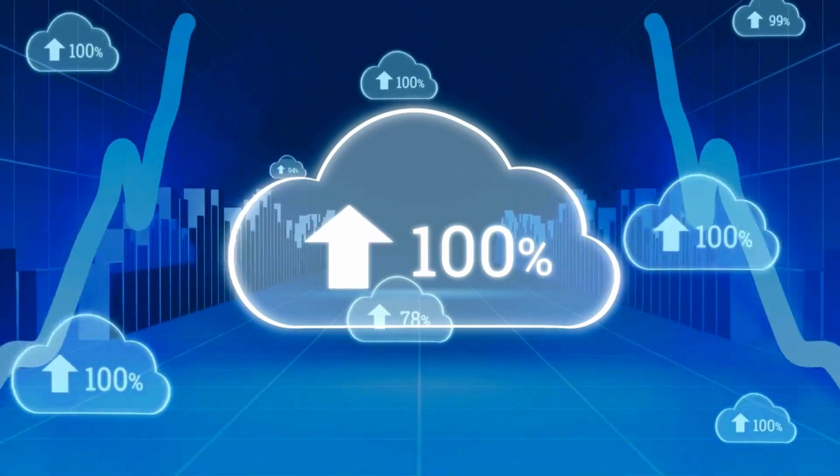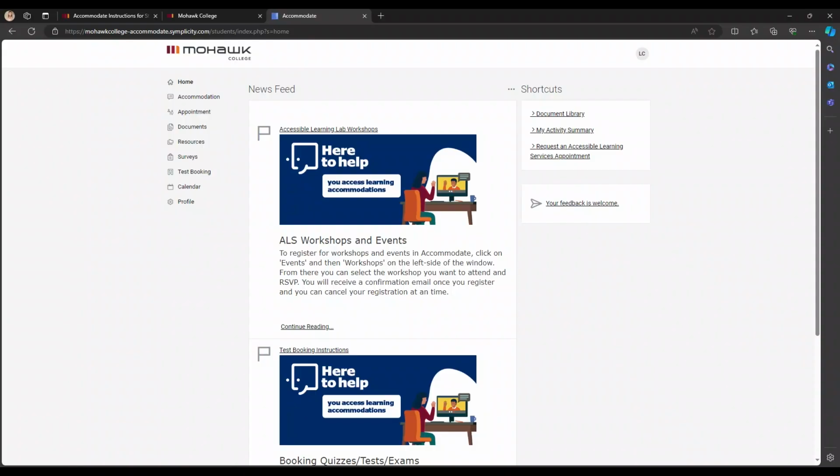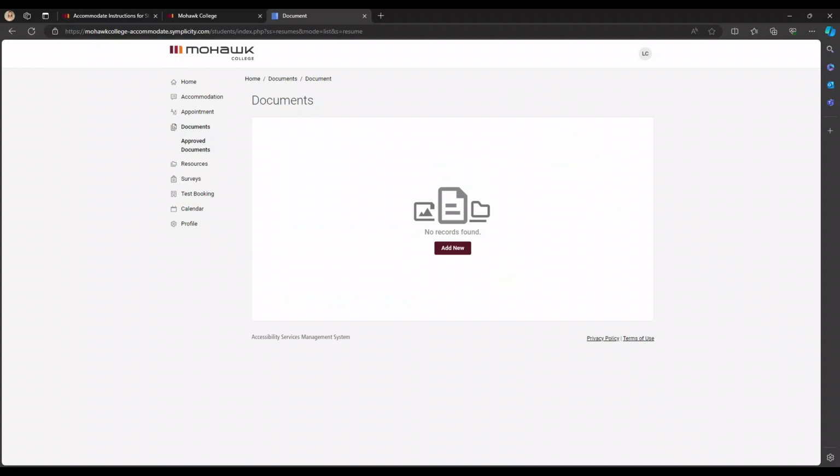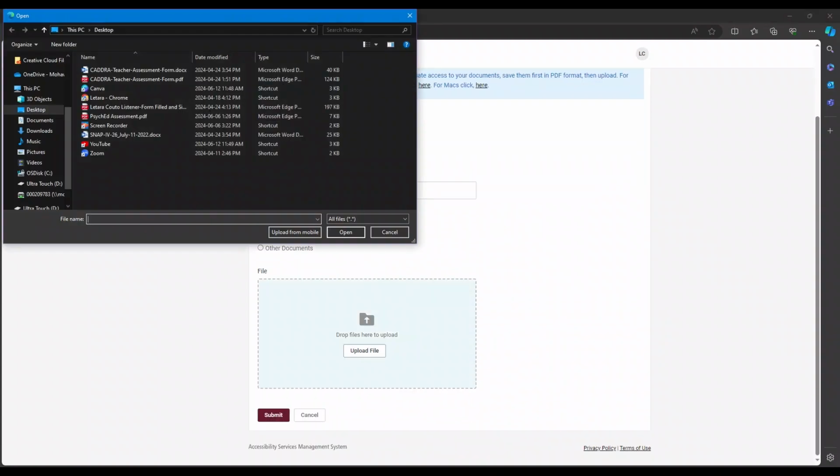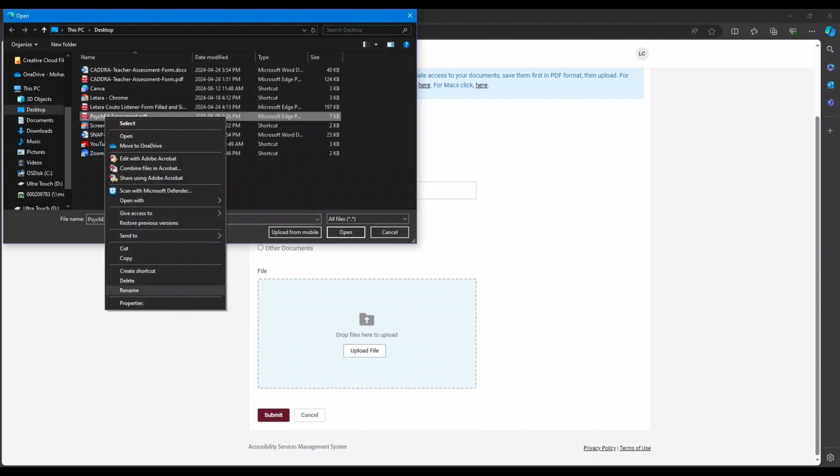Here's how. Log in to Accommodate. On the left side navigation menu, click on Documents and then Approved Documents. Click on the Add New button. Click on Upload File to upload your file, and make sure you rename your document, student number, and then ALS